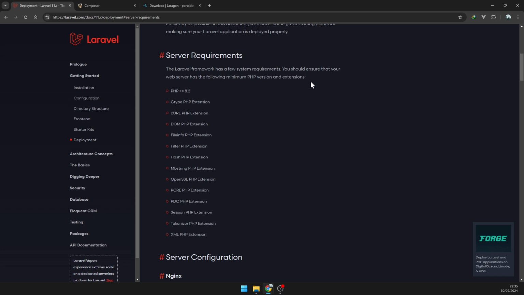You should ensure that your web server has the following minimum PHP version and extensions. The PHP version minimum is 8.2, with these PHP extensions: ctype, cURL, DOM, fileinfo, filter, hash, mbstring, OpenSSL, PCRE, PDO, session, tokenizer, and XML.